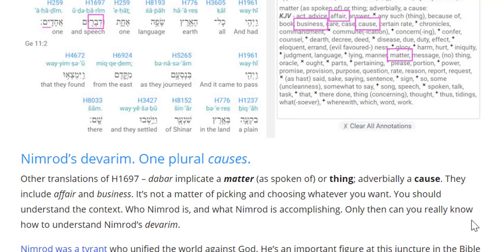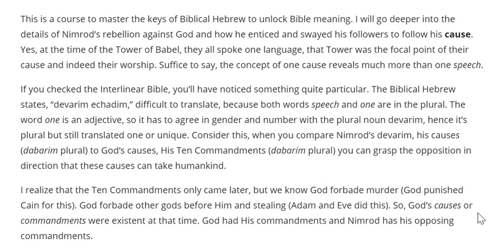Nimrod was a tyrant who unified the world against God. He's an important figure at this juncture in the Bible narrative. Nimrod's Devarim, his cause, is significant, as we shall see in a future book of the explanation series. This is a course to master the keys of biblical Hebrew to unlock Bible meaning. I will go deeper into the details of Nimrod's rebellion against God and how he enticed and swayed his followers